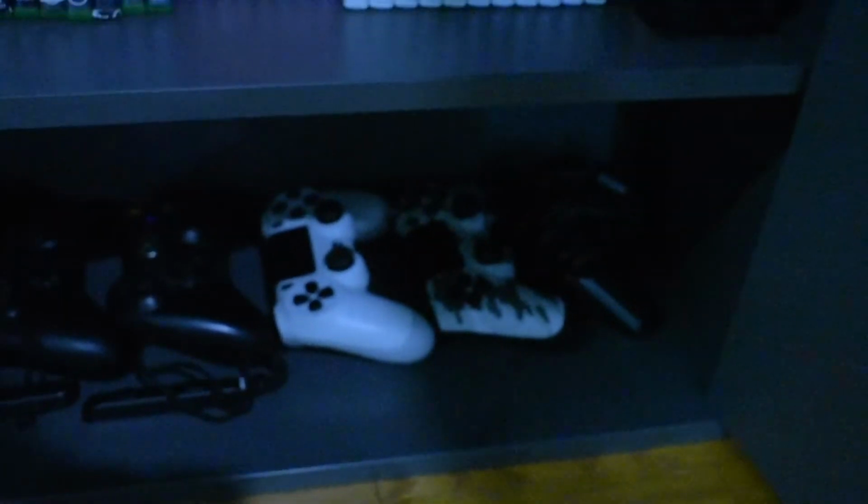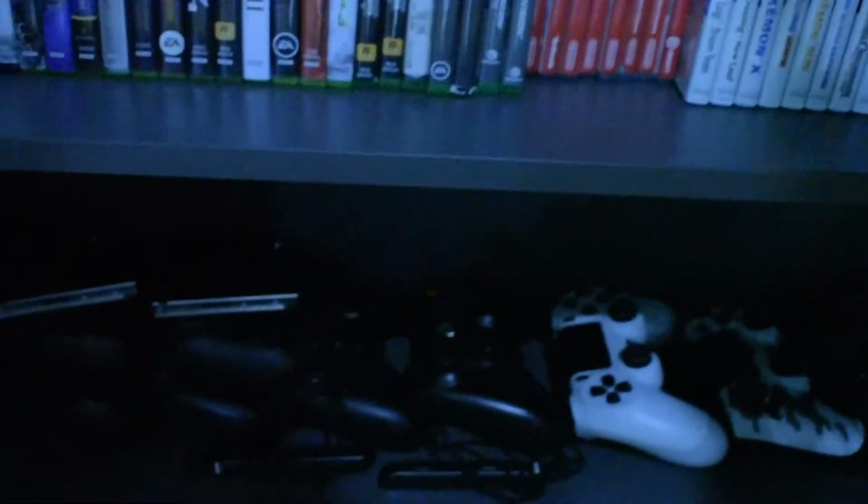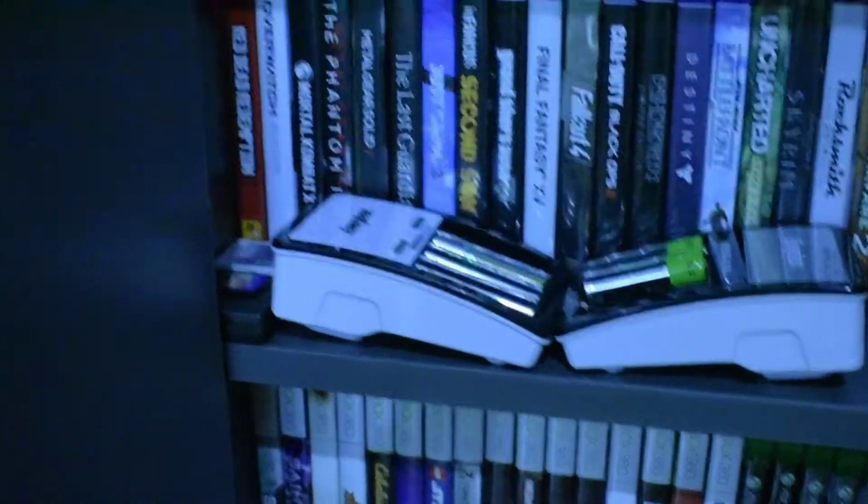features, as well as, if you can see that right there, the 3DS XL, and then on top of that is the original 3DS. And then right there is actually an action replay. And then we have PlayStation 2, 2 PlayStation 4 controllers, and 2 Xbox 360 controllers, 2 Xbox One controllers, and then the Switch Joy-Con stuff. So those are the Joy-Con like handheld to make it like, I don't know, just one big controller, and then the 2 sticks that you get. But yeah, and then we have some rechargeable batteries, and then some games without cases, because I'm a criminal, and